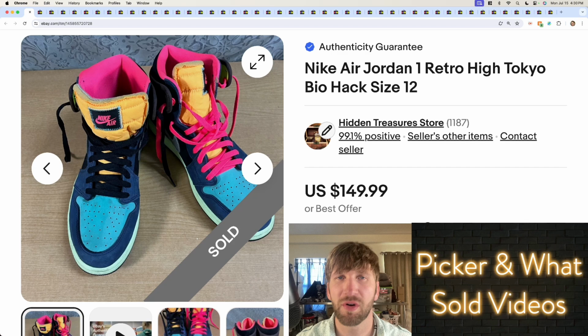47 orders for $2,280. One of the slowest weeks that we've had in probably the last 5 months. But I'm not too worried about it because, again, we're right in the middle of the summer slowdown. First order was this pair of Nike Air Jordans. These did pass authenticity guarantees, so they went off to the buyer for $149. We got these for